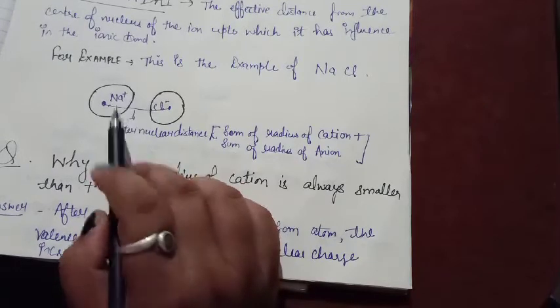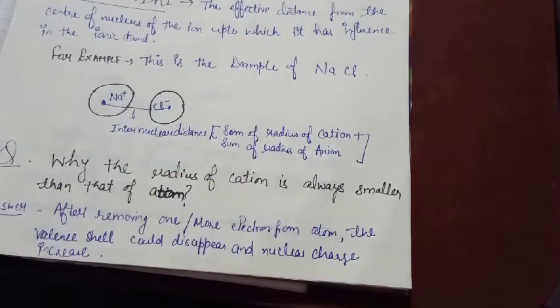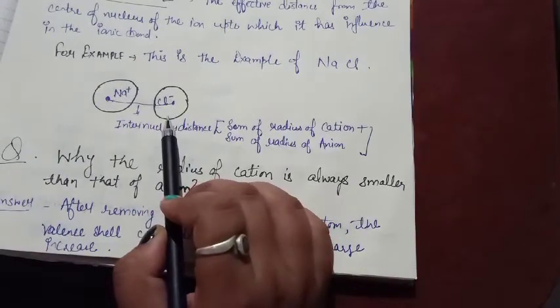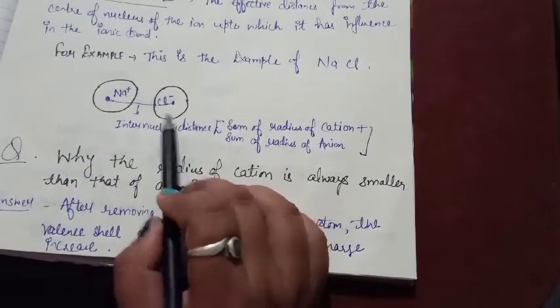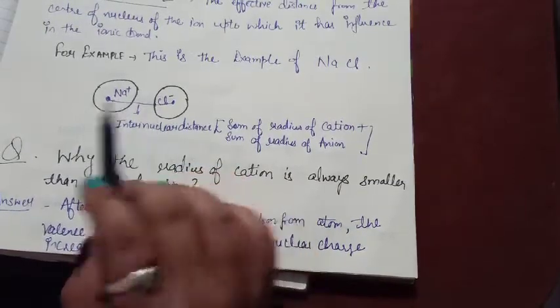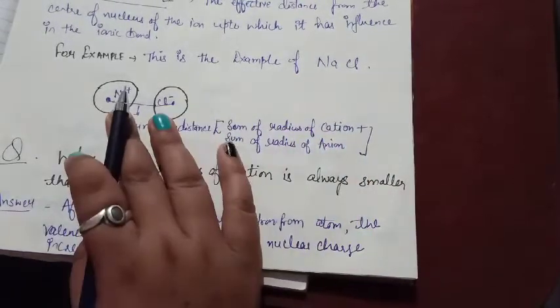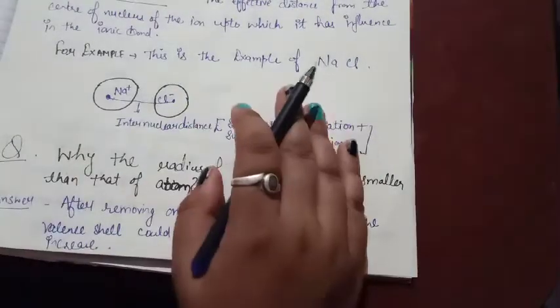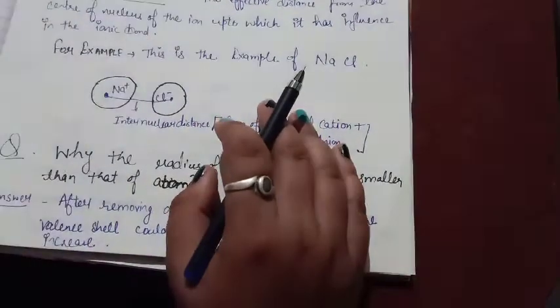But nowadays some methods have been developed by which, if the radius of one of the ions is known, the other one having that ionic bond can be calculated. That means if we know the radius of chloride, we can calculate the radius of sodium, and so on. That is beyond your scope of study, so we will not discuss that. Just see what is ionic radii.